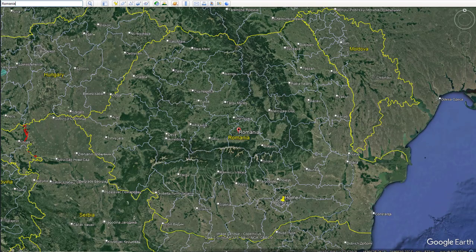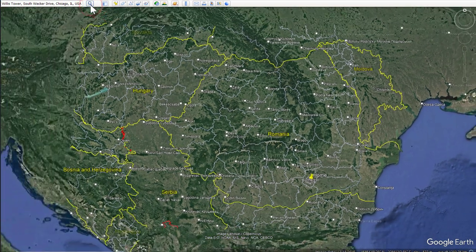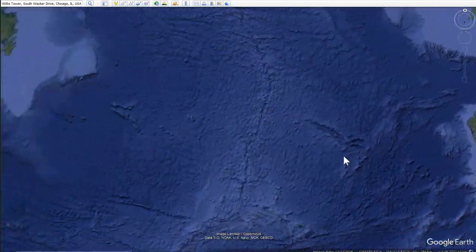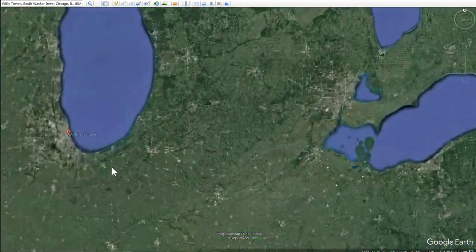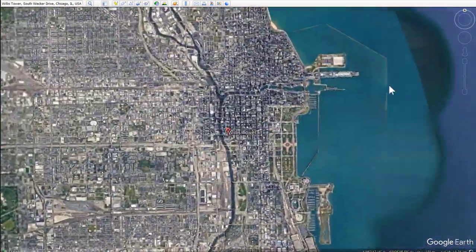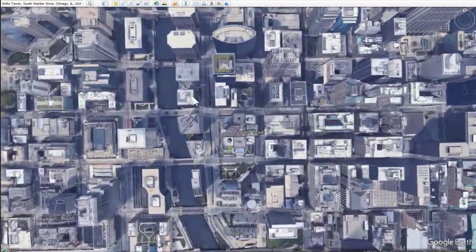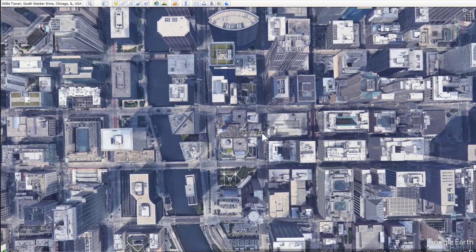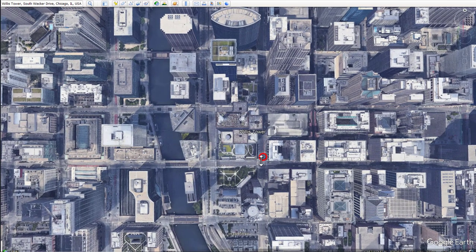We use Google Earth and we go from Romania to Willis Tower, Chicago, Illinois, USA. Go. We go over the Atlantic Ocean to Lake Michigan, and here is the building. You see,